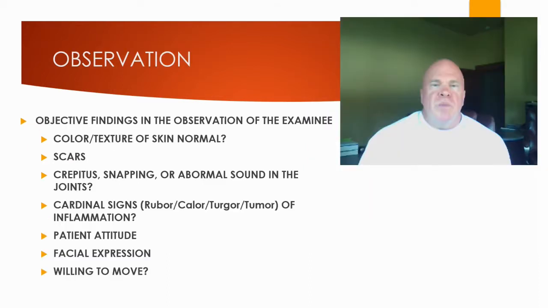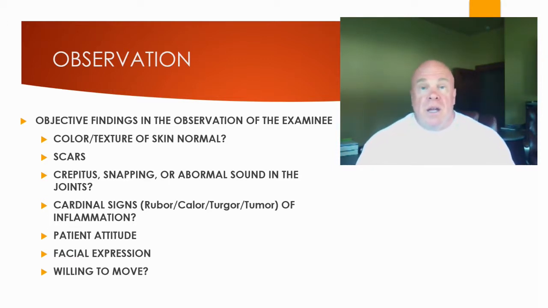And finally, some additional observational findings that can give us great information about our examinee have to do with the color and texture of the skin. Is the color and texture of the skin normal or abnormal? Talking about the color and texture of the skin over the area of the industrial injury. So we know that various injury conditions can affect the color and texture of the skin. And for example, we know that causalgia or reflex sympathetic dystrophy, or what the AMA guys refer to as chronic regional pain syndrome,